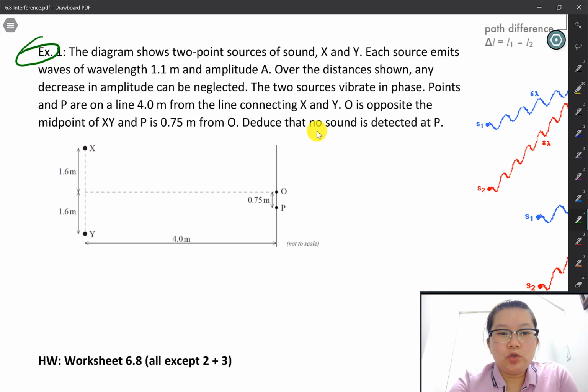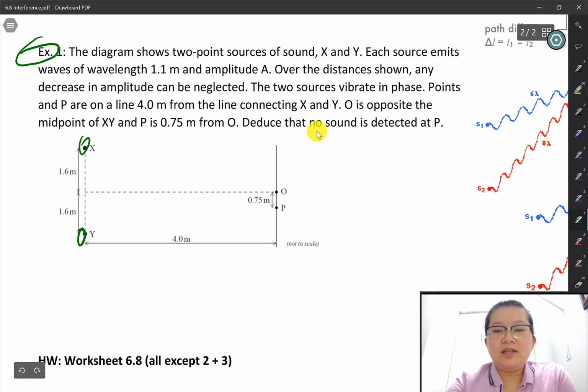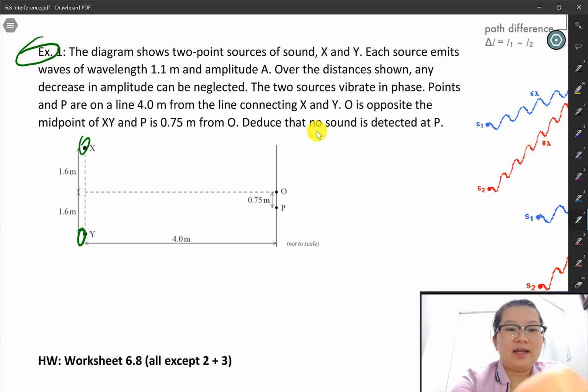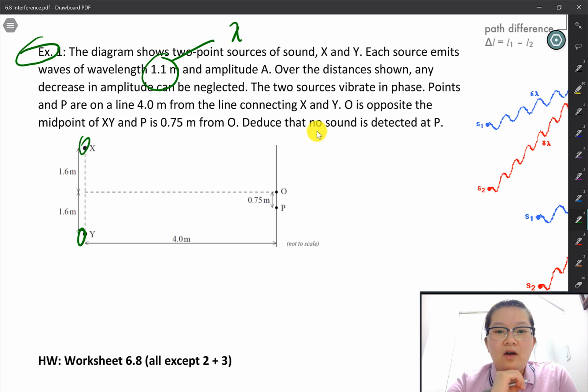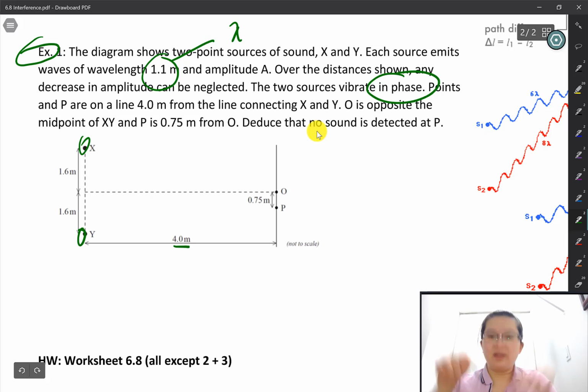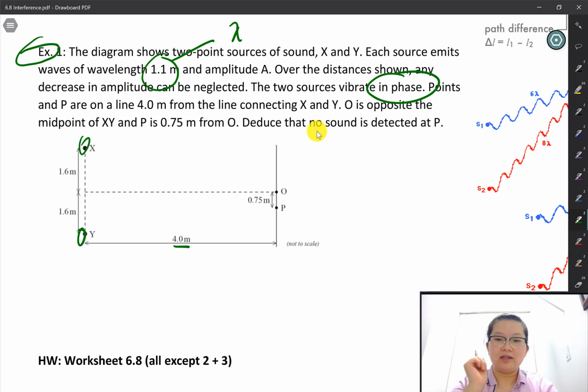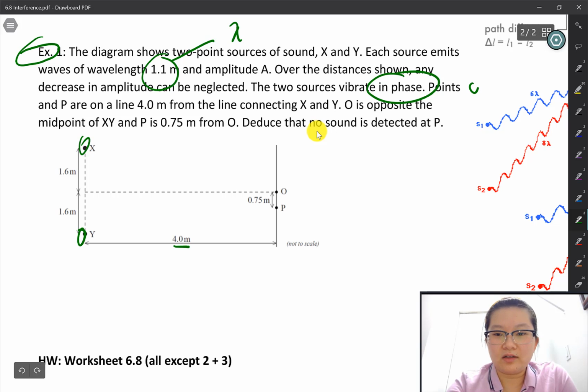The diagram shows two point sources of sound, X and Y, so they're right here. Each source emits waves of wavelength 1.1 meters, that's our wavelength, and amplitude A. Over the distances shown, so here is one of them, any decrease in amplitude can be ignored. The two sources vibrate in phase. Okay, that's important, meaning they vibrate in phase. Points, and, okay, I think this is trying to say points O,